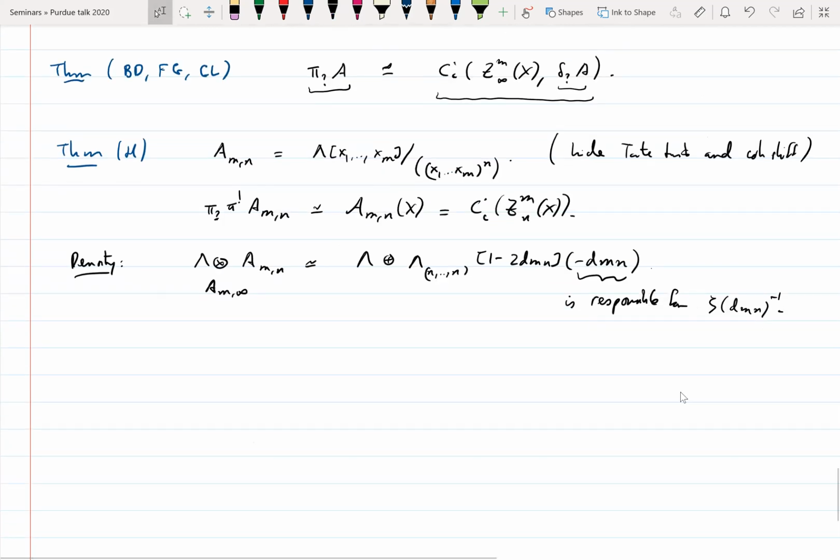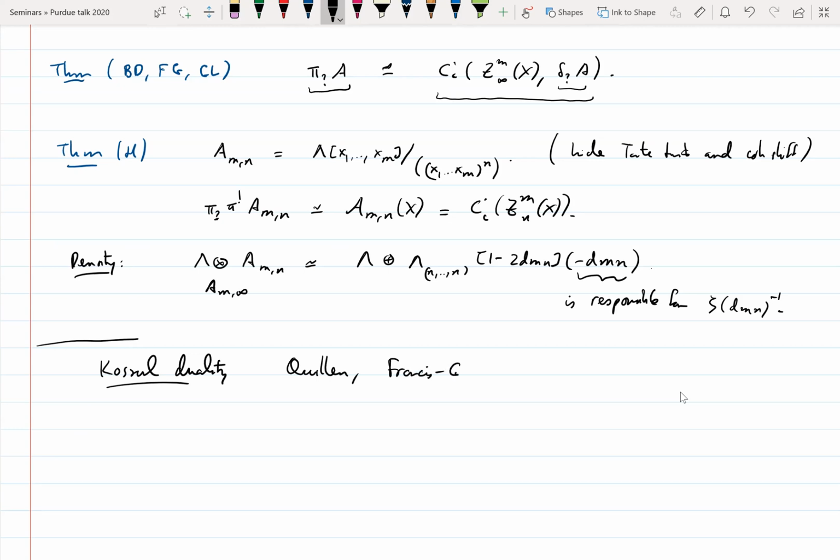Okay, so now I have 1 minute. I just want to say one last thing: how do we actually compute anything about this? So far, everything is formal. I haven't done any computation. How do we actually say homological stability? I haven't even proved that. So the thing is by Koszul duality. I won't say much about it, but it's about an equivalence, and the version that I used is essentially due to Francis and Gaitsgory,